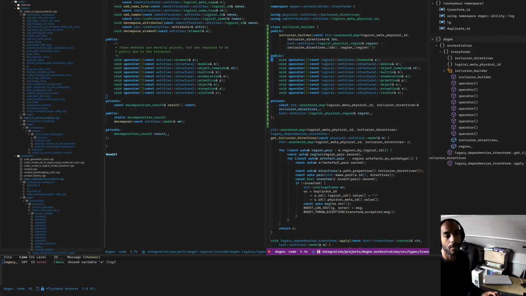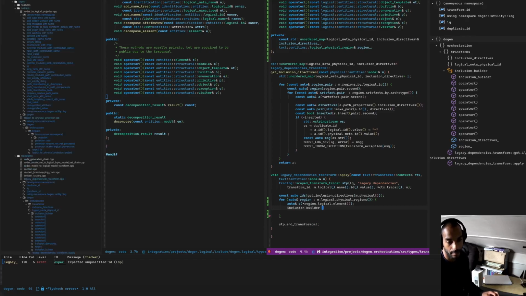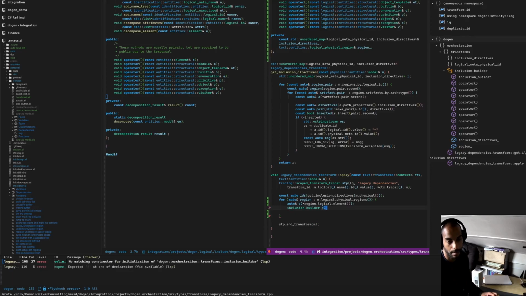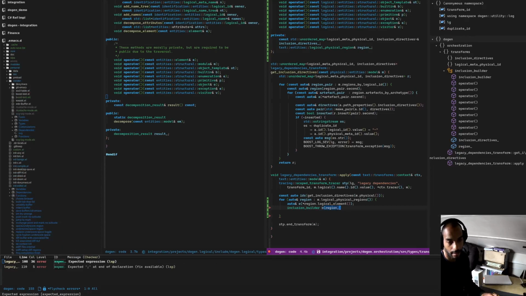We will resolve this guy to a specific element, and then once we've resolved it, we will look at the region and do this thing. But now the key thing to remember, of course, is that in the past we were used to inclusion builders that operated in models rather than regions. So this is going to be a bit of a special builder. What we'll do with it is we'll create the builder here, and it will be created, so let's call this B, and the builder will be created with the region, and